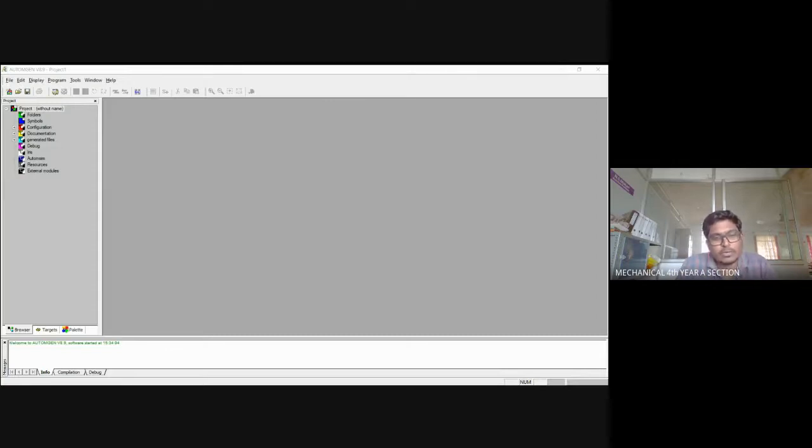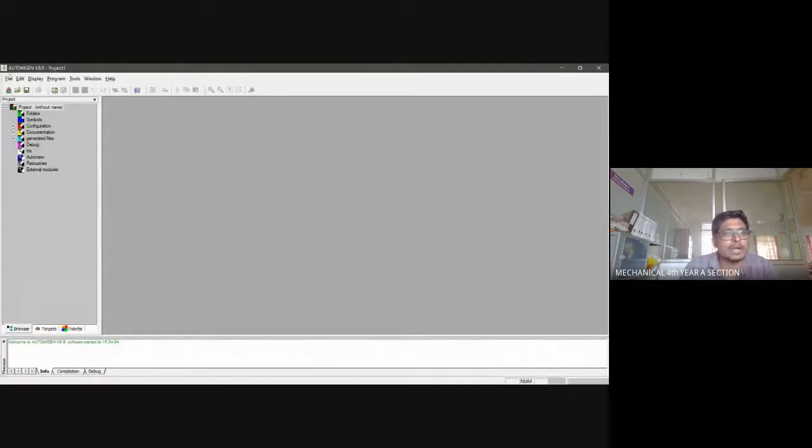Today we are going to discuss how a cylinder sequence on a basic pneumatic kit is done. Here I'm going to use a software called AtomGen 8. This is an automation and simulation software, so you can design the circuit and also simulate it, and you can see how it is working. Without wasting time, we will move on to the presentation now. This is how the AtomGen software works.